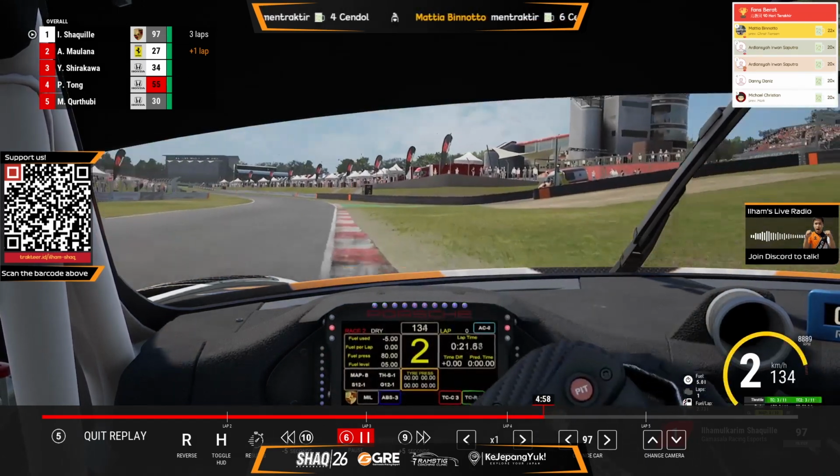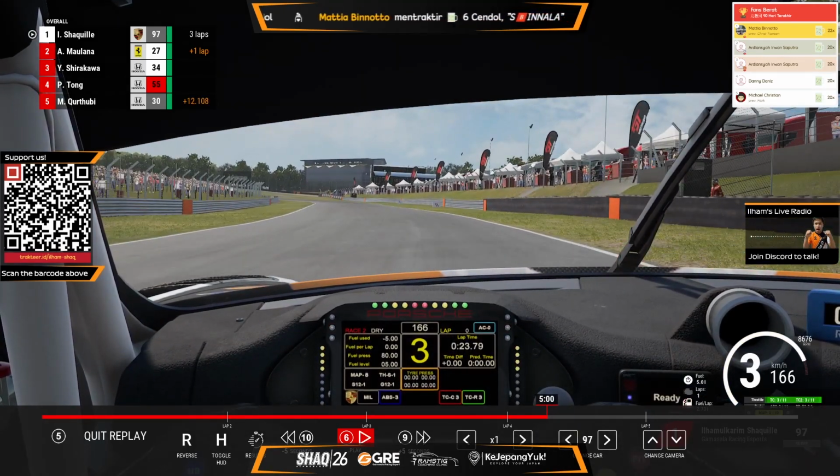Here full throttle, use all the available track. Make sure that you keep track with your FOV setup, and also keep in mind that the Porsche is quite small compared to maybe the Audi, so in this case you need to be quite precise about where the track limit is, because with the Audi, with this perspective, you could feel like you go slightly more to the right as compared to the Porsche,